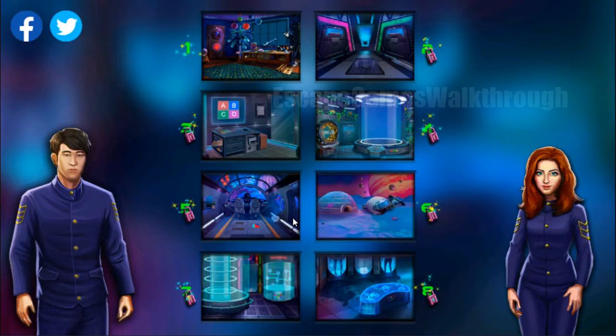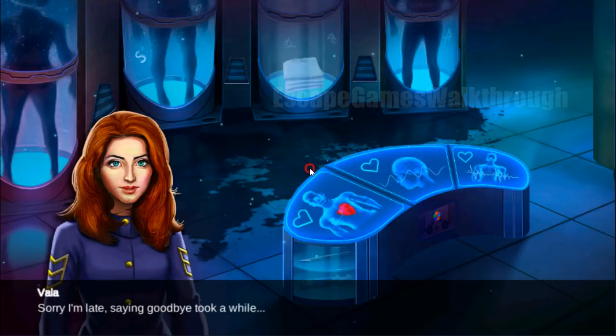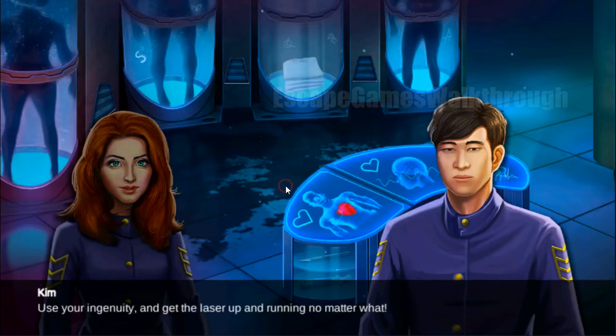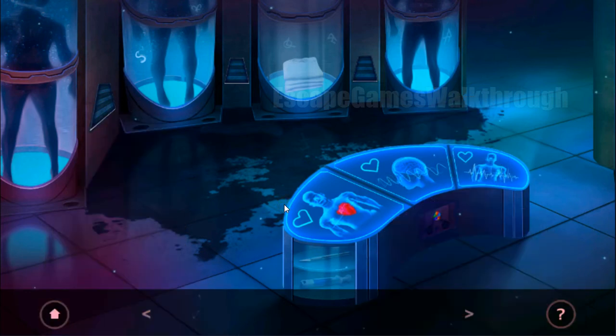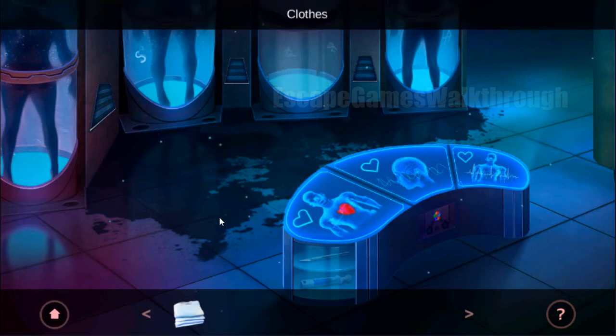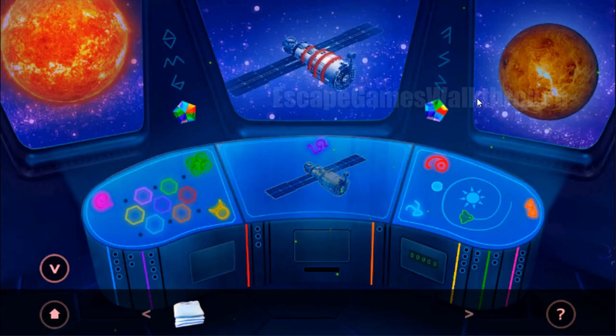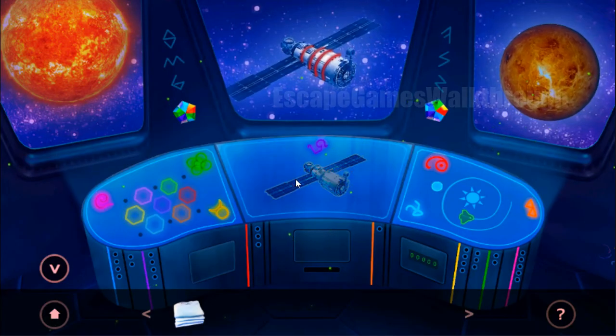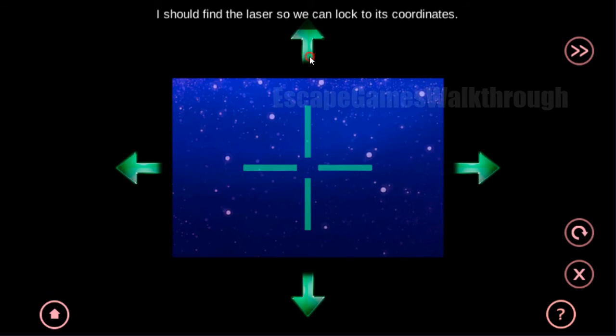Now we are playing Kosmonavtes Academy Escape, and let's start chapter 8, the final. So we are on a ship, and we missed a maneuver, so we now need to quickly redirect the ship. So we have found the cloth. Let's go further here. Warning, no connection. So the first thing we need to do is to establish the connection with our spaceship,